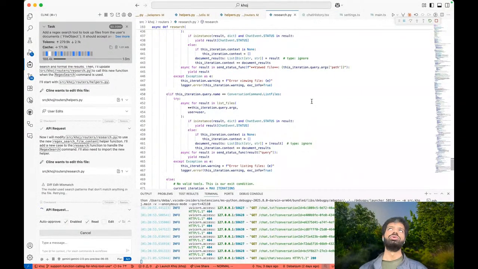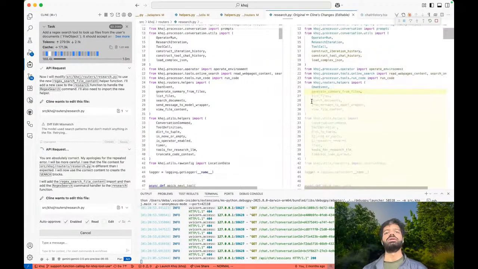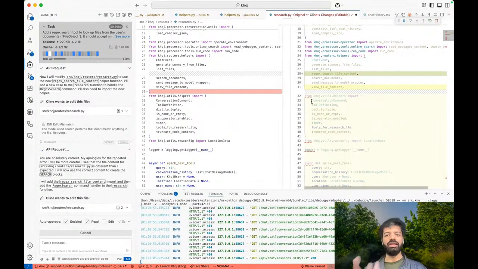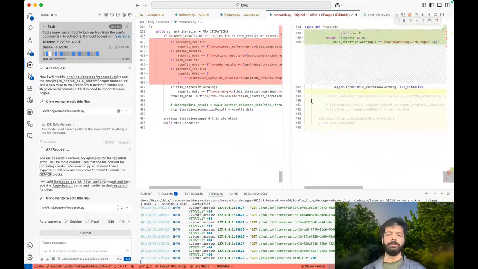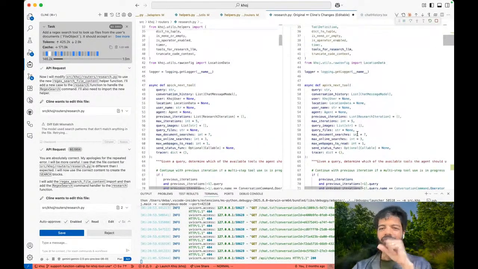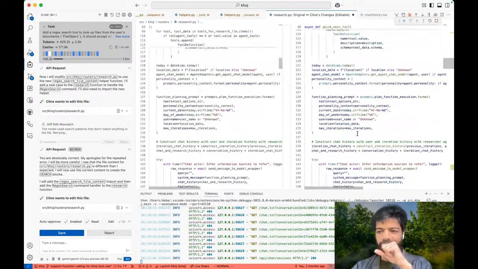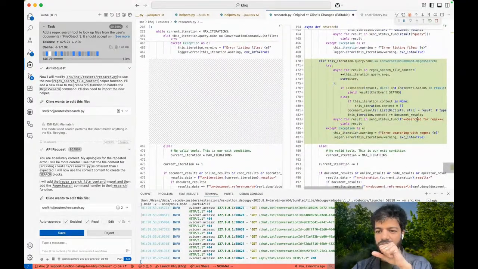And so we're just making the list files and view file content, and Cline, even with this regex search tool, is building the results in the tool result format that is already accepted by research. To fiddle with that, we will clean that up at some point later. We just want to see if this tool gets built and if we can have Khoj use it.